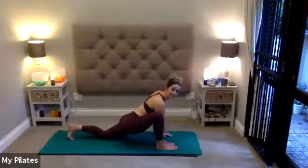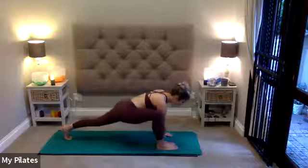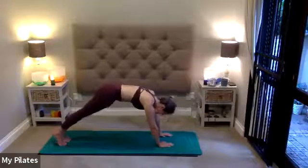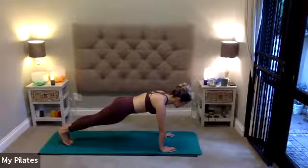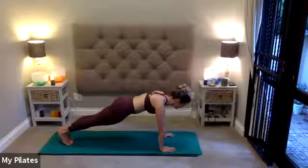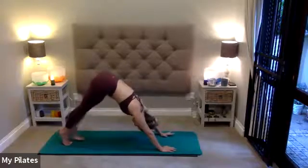Inhale. Tucking your back toe under, lift your knee up off your mat, breathe in. Allow your pelvis to rise a bit higher as you circle your front leg around into your plank position. Now from here, let's do 2 full breaths. Inhale. On your exhale, zip navel to spine. And 1 more breath. And then gently lift your pelvis up and send your body through your arms as we